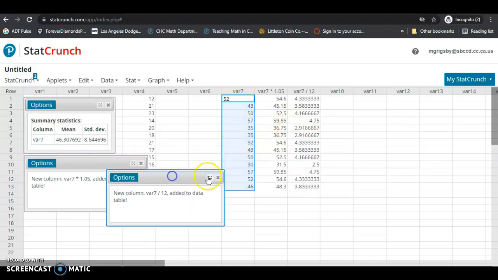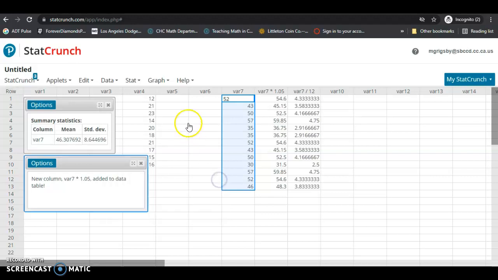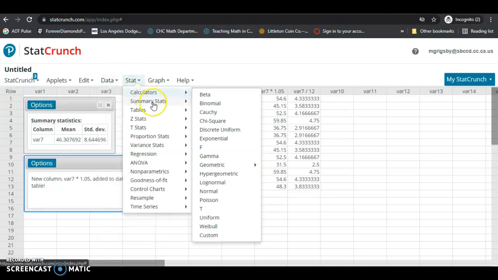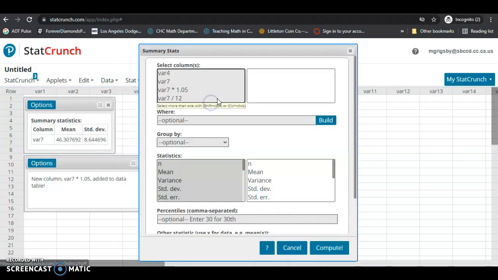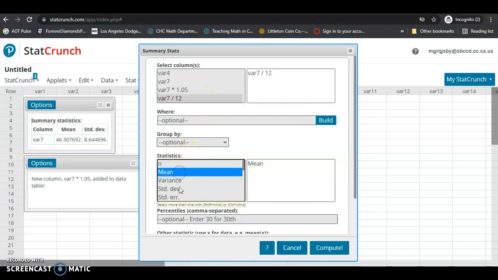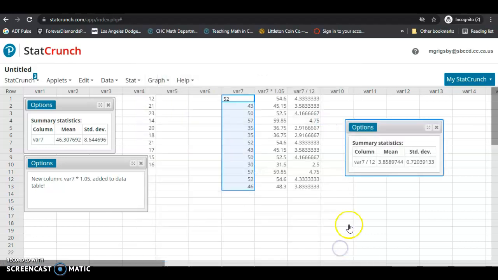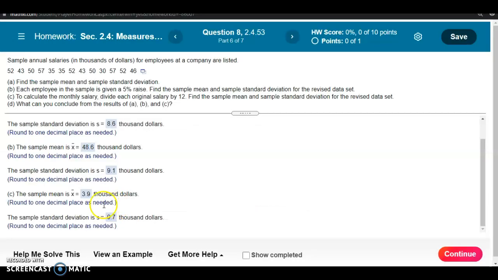What we now want to do is find the mean and standard deviation. So we go to Stat, Summary Stats, Columns. Select that column, select the mean and standard deviation, click Compute. When you round the mean and standard deviation to one decimal place, the mean is approximately 3.9, and the standard deviation is approximately 0.7. I've already entered the answers, and both of them are correct. So the sample mean was 3.9, and the sample standard deviation was